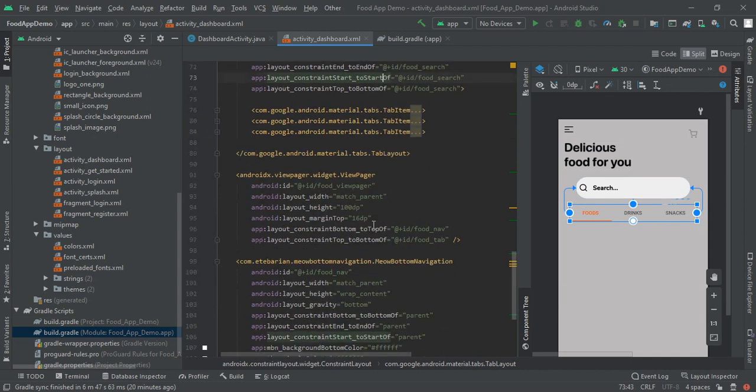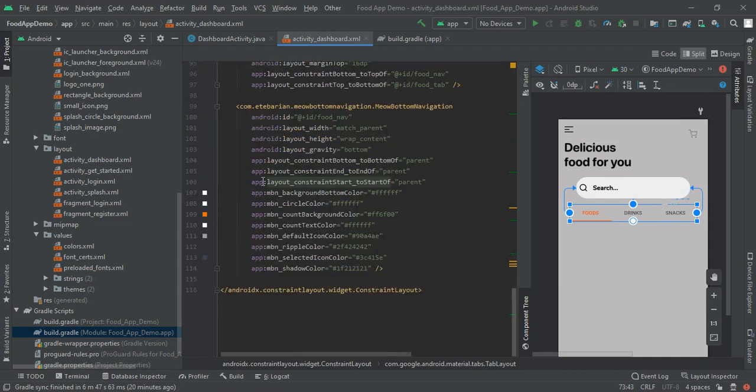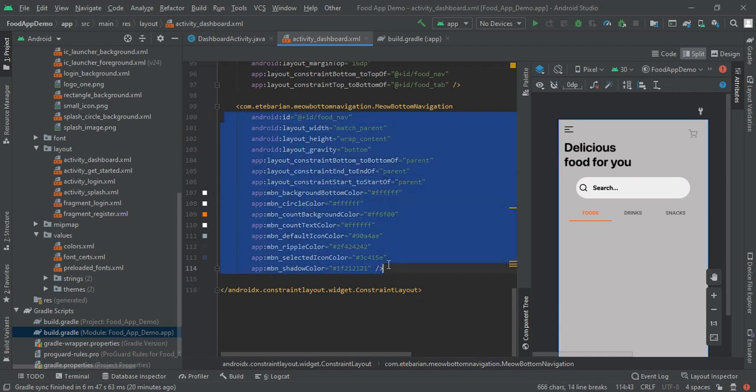Next we have the bottom navigation. I am not going to design all this full navigation because I had already created a video for that. You will find that video in the I button, so you can go and check it out.